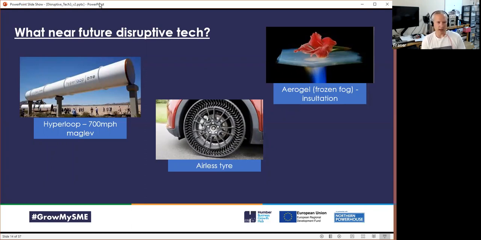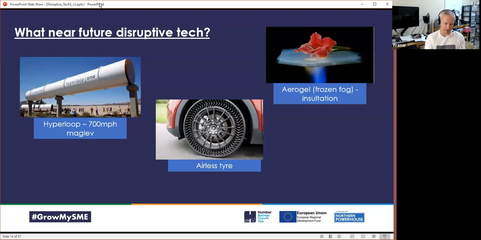We've got the airless tire, could be quite uncomfortable to drive on, but certainly something that I could do with. You know, I expect we'll see some radical things like that. And another exciting one, top right here, an aerogel, which, if you don't know what that is, strong as steel, very light, not dense. Basically, it's a gel in which the air has been extracted. It's got amazing thermal properties. That's actually a flame on the aerogel, not burning the flour there. So this is a material which could be used quite readily in insulation, for example, or in a bulletproof vest.